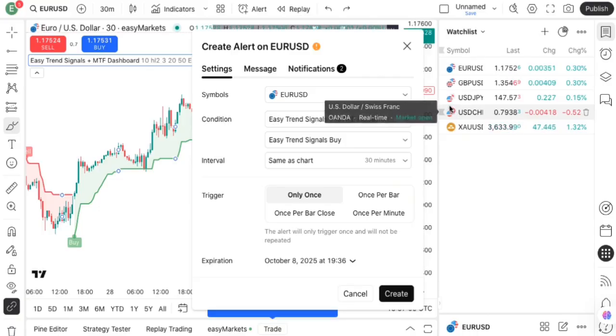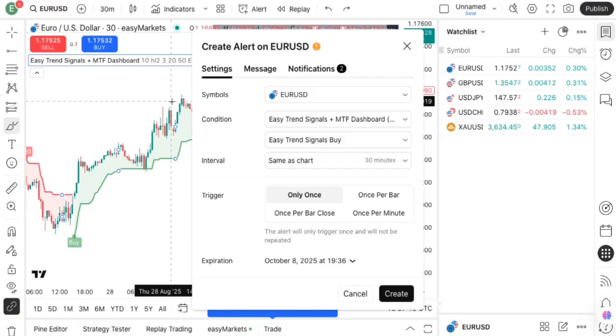Easy Trend Signal works well on major pairs like EUR/USD, which is the pair I am on right now. So EUR/USD, GBP/USD, USD/JPY, AUD/USD, NZD/USD, USD/CHF. There are 7 of them. Easy Trend Signal works well on major markets, major currency pairs. So you can choose